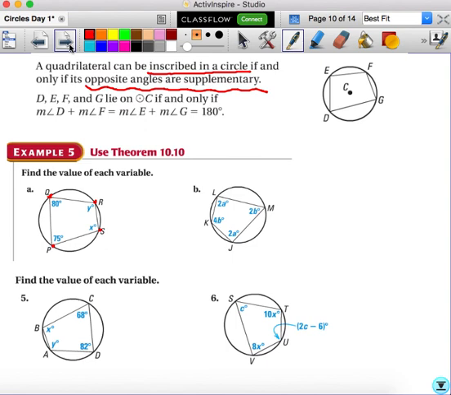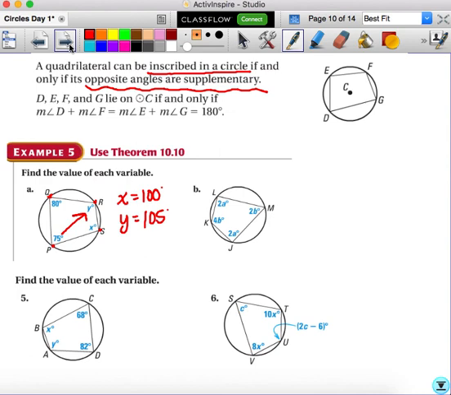So this is an inscribed quadrilateral, which means x should be whatever it adds up to with 80, the one across from it, to get 180. So that means that x is 100 degrees,